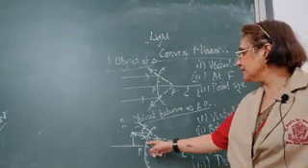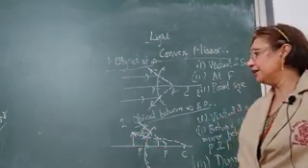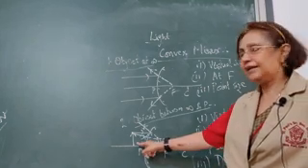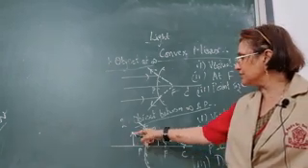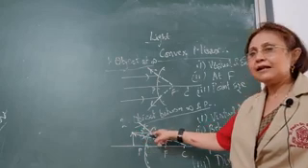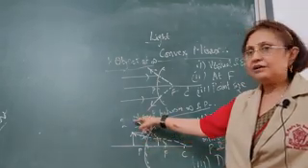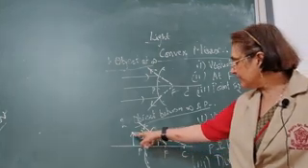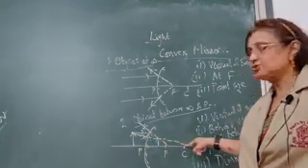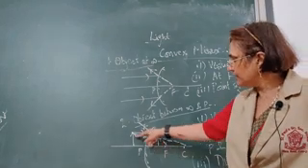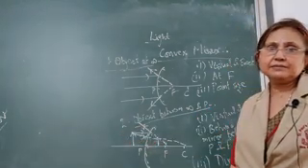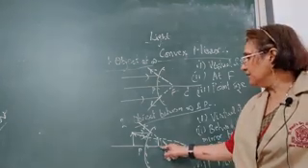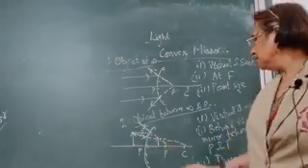So when the object is placed between infinity and pole in front of a convex mirror, anywhere in front of the convex mirror, this is the object. First ray parallel to the principal axis is reflected and appears to pass through the focus. The second ray, which is appearing to pass through the center of curvature, is reflected back along the same path. So the two reflected rays appear to meet between pole and focus.